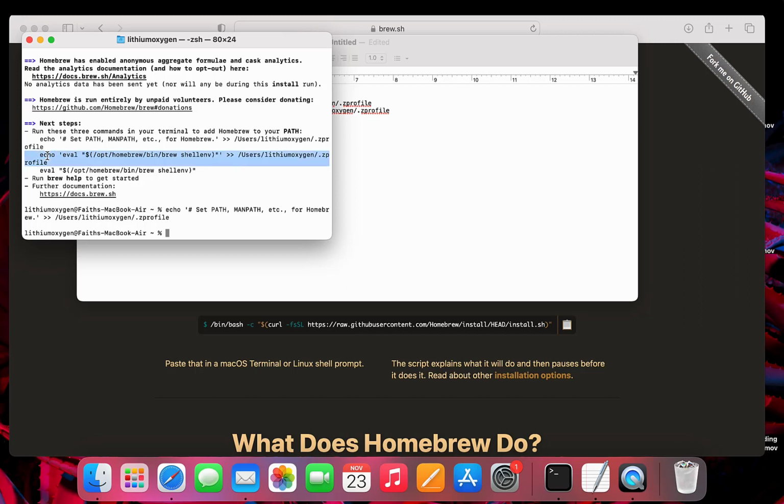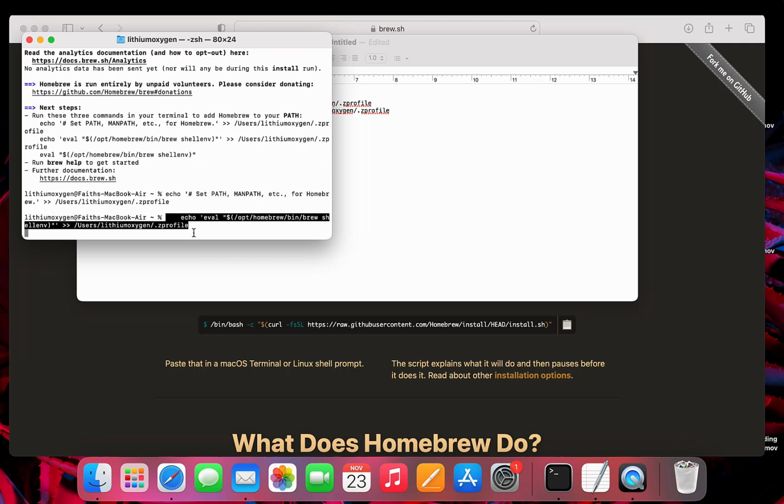Triple click on this one, copy, paste, then remove the spaces, hit enter,